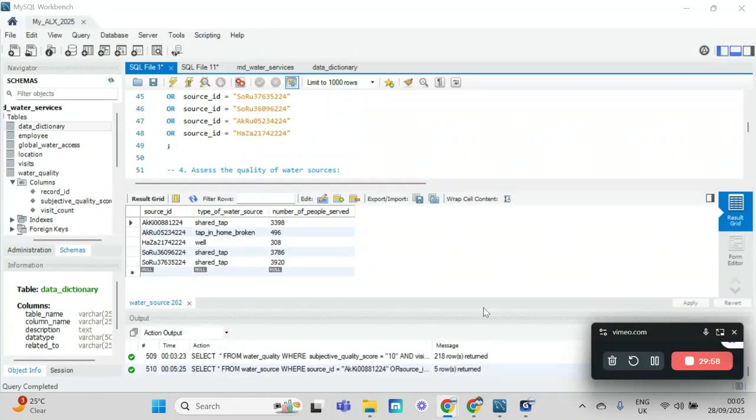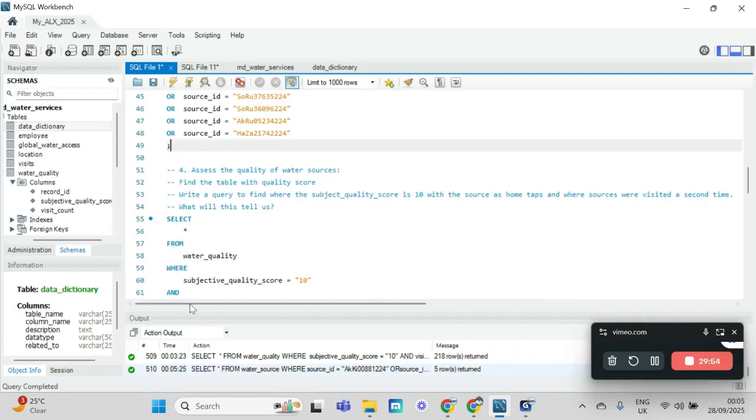Okay, so we continue from here. Let's put this off and then we can see question number 4. Assess the quality of water sources. Now find the table with quality score. You can actually write a query to find the table that has a quality score, but we already know that